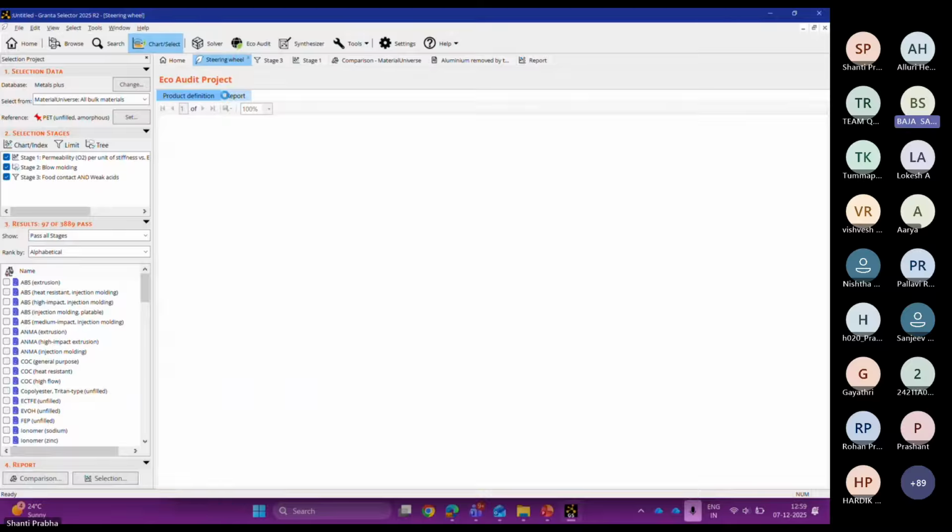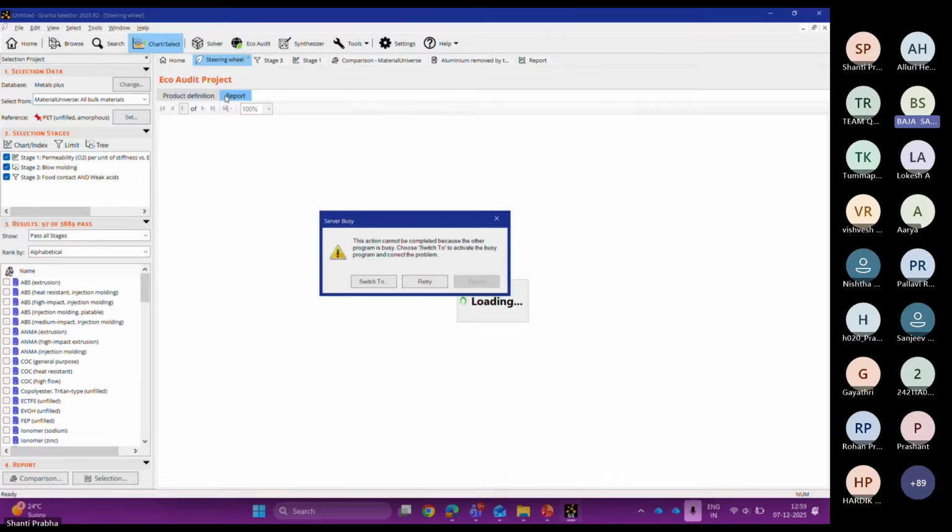Ma'am, the next question is, when substituting a less dense material in eco audit, should we calculate the weight reduction in part mass manually, or is there any feature to calculate it automatically? Yes, less dense material, that is a good question. So for a less dense material, you can do a material selection exercise. If you do a material selection, what you will get is